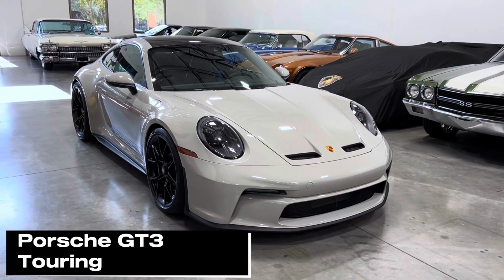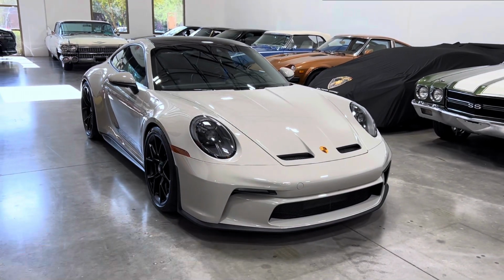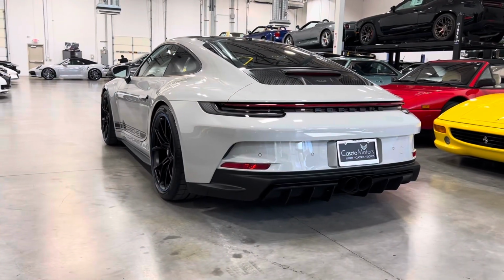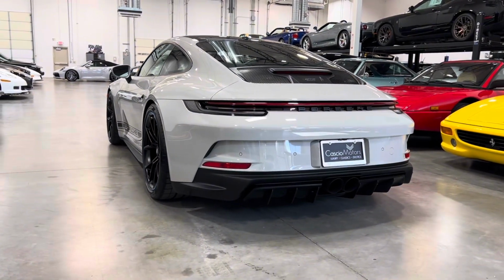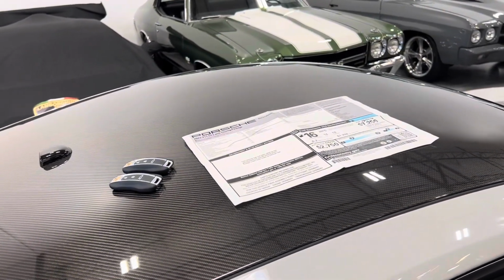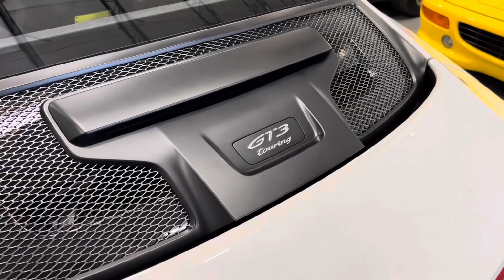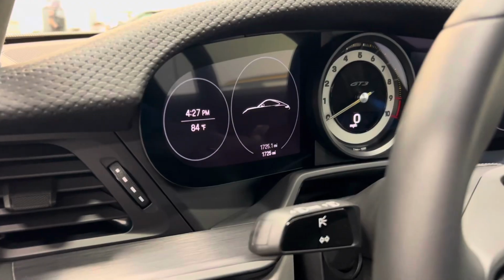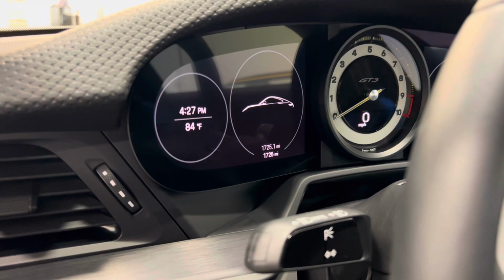This is a 2022 Porsche GT3 with Touring package, or as most people call it, the Porsche GT3 Touring. This particular car is equipped with a visceral manual transmission, over $63,000 in options, and a $14,500 GMG exhaust. The best part is, this car has just over 1,700 miles and is selling with no reserve on Bring a